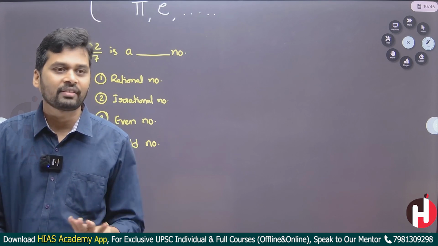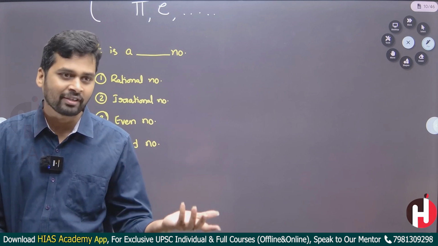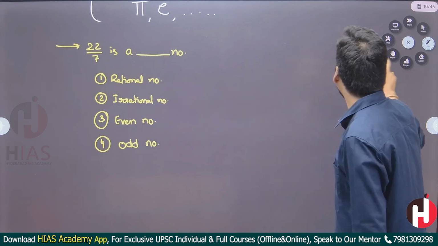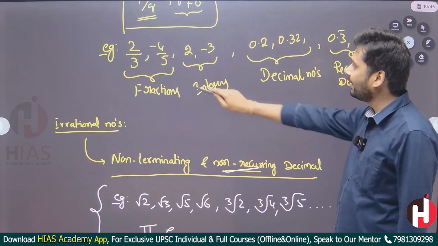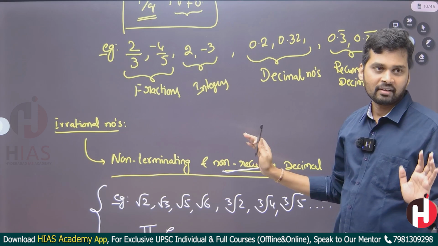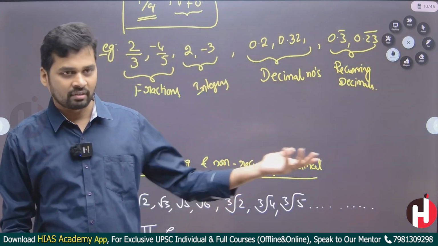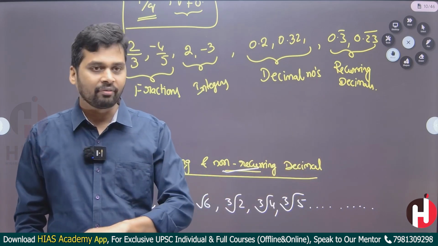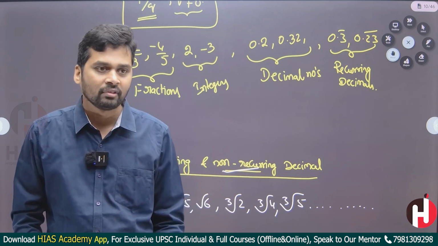22, we don't consider it after dividing. So if it is like that, we cannot say that. I have clearly written here, and I have clearly said, that all fractions are rational numbers. So 2 by 3 is again not completely divisible, right? So we cannot simplify the values. You can directly consider that value.